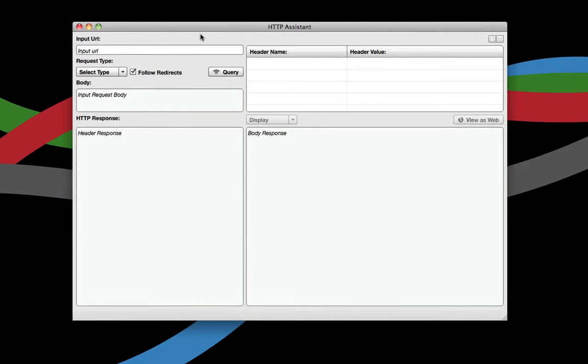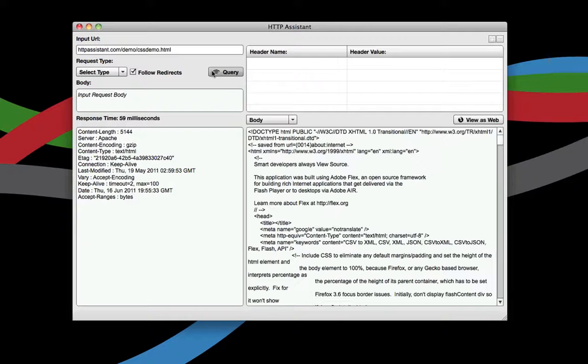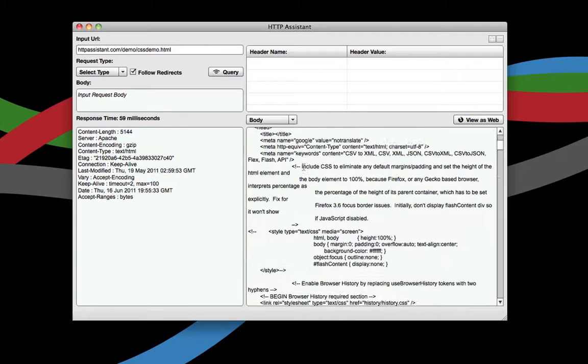HTTP Assistant is a cross-platform REST client to help you test out REST services that you're working on. We can input a URL here, select the type of request, whether we want to follow redirects or not, and we can hit query, and we can see the response time, the headers that are returned, and the body of